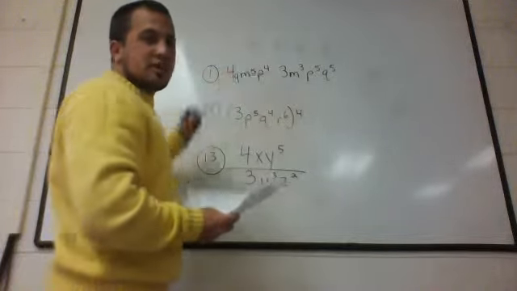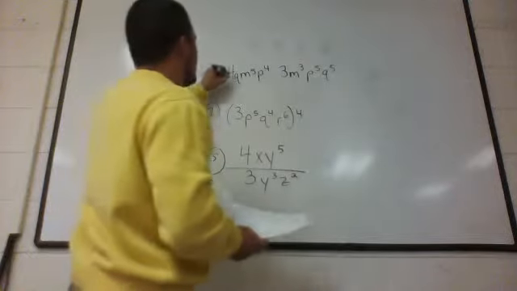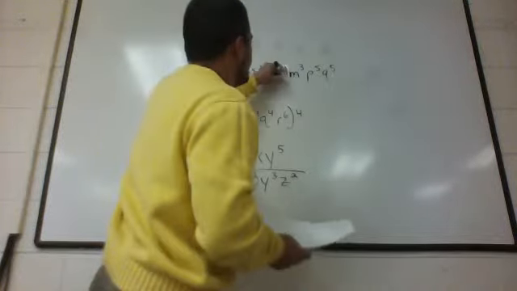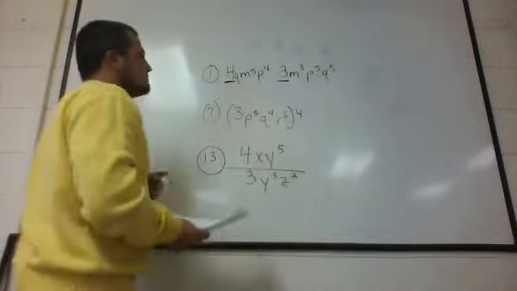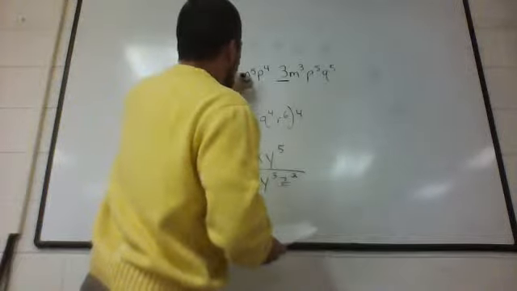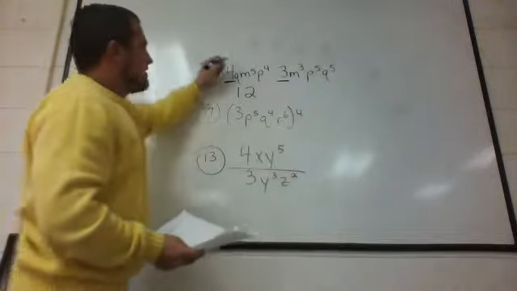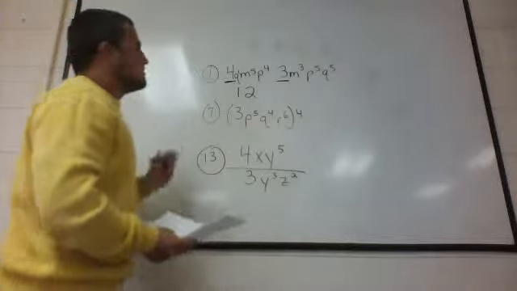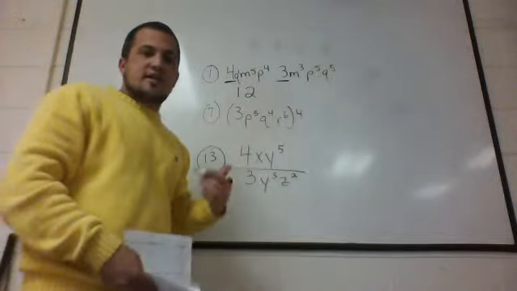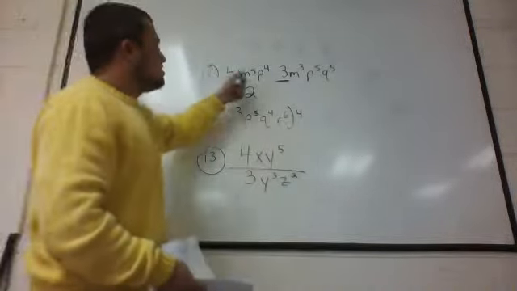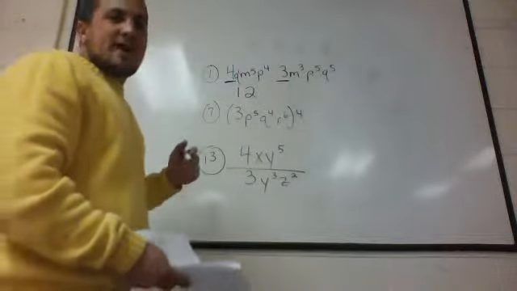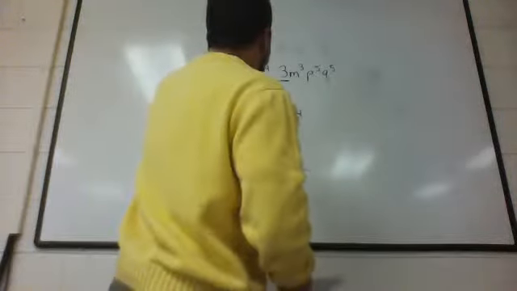This is when we go straight across, we're going to add the exponents. First of all, we are going to multiply the big numbers, the coefficients. 4 times 3, and we'll get 12 here. Then, that is 1q right here. So if you have just a q, just a letter, that's 1. So we have 1q, and over on the other end we have 5q, so that's 6q, so q to the